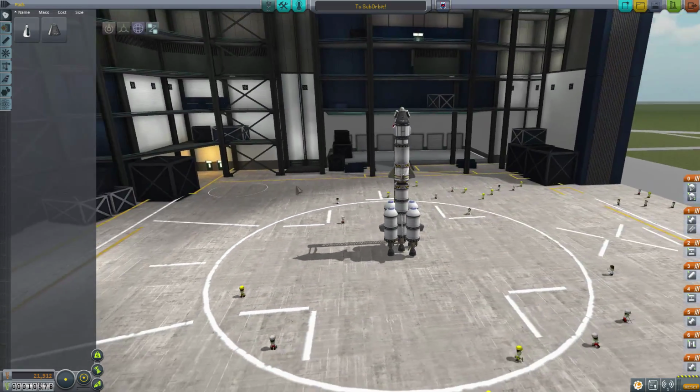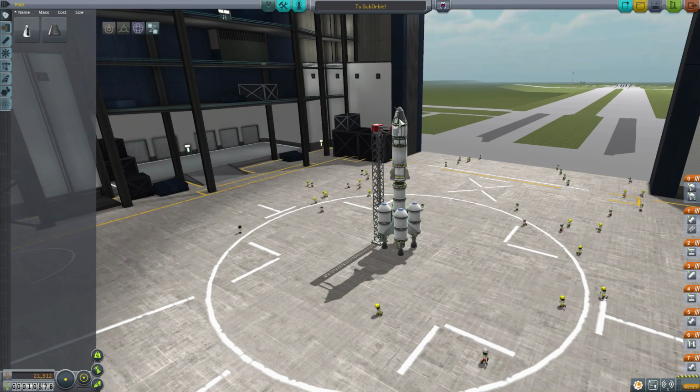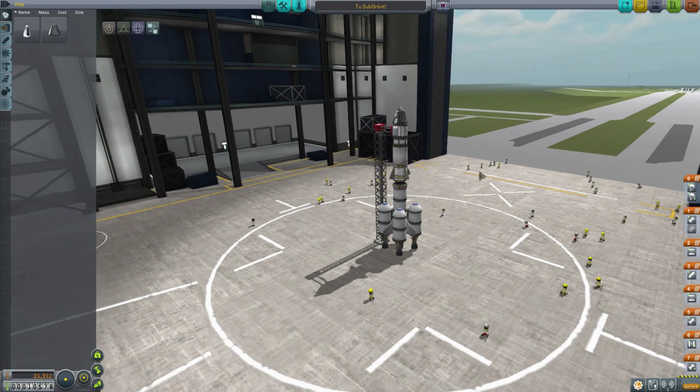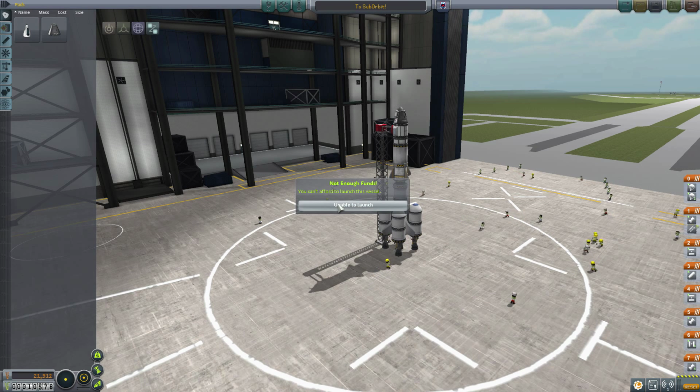So let's try this out. We've got ourselves a nice looking rocket. It's all saved. I'm going to throw Jebediah in here again just because I like being able to use the SAS right now. Eventually we're going to have a 3-person capsule, I think, which will help us get some more experience for these guys. So if we head out to the...